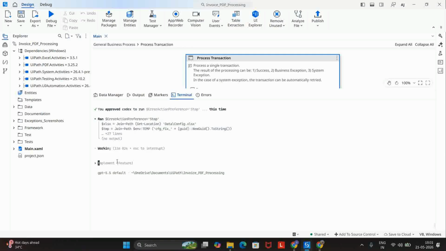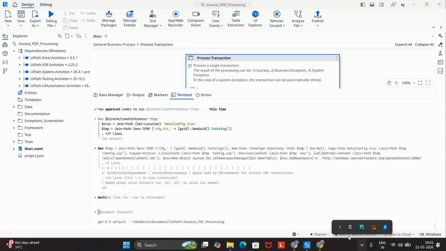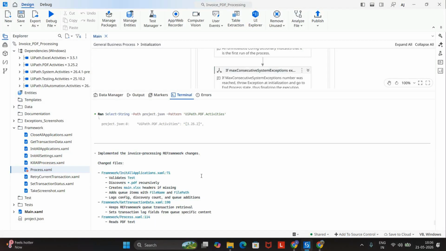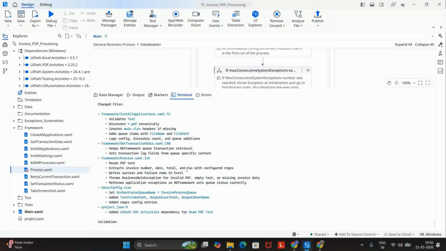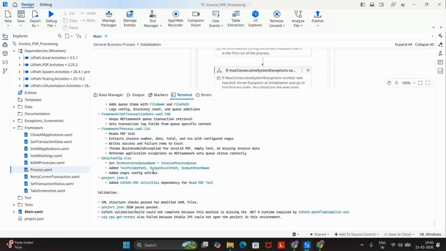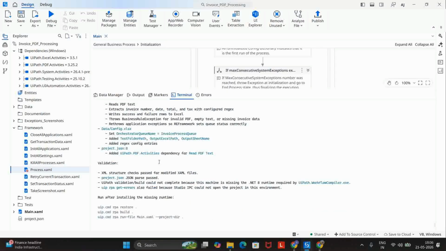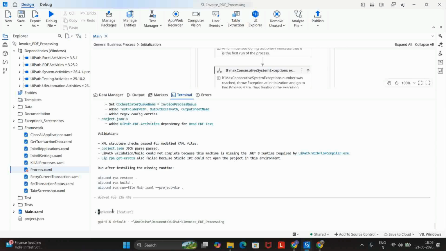It's been running for more than 11 minutes so far. So let's see. Now it is replacing data in a config file. I can see it has completed most of the part. The PDF file and file path it adds into the queue, and the config takes values and all. So let's run the code in the debug mode and fix the issue